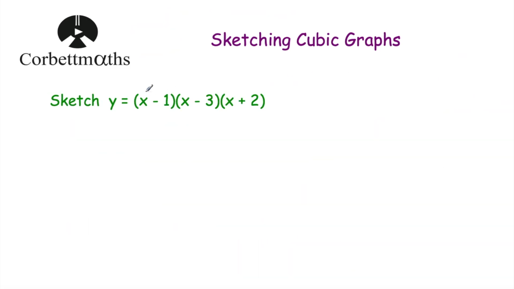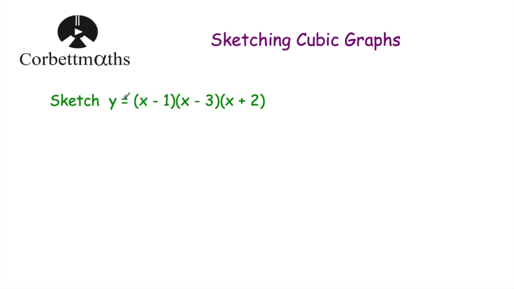So let's have a look at our first question. Our first question, we've been asked to sketch y equals (x minus 1)(x minus 3)(x plus 2). So you may be given a cubic that is factorized, and that's quite nice. And you can tell it's a cubic because if you would expand the brackets and do x times x times x, you'd get x cubed. Okay, so you may be asked to sketch something that is factorized, and that's quite nice,